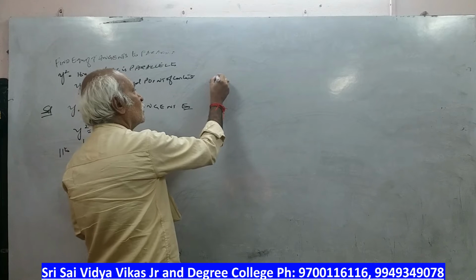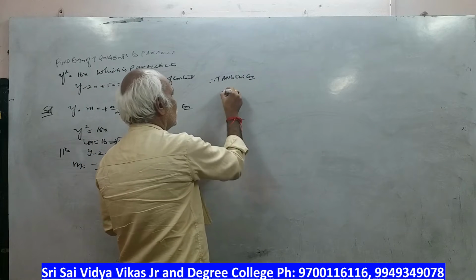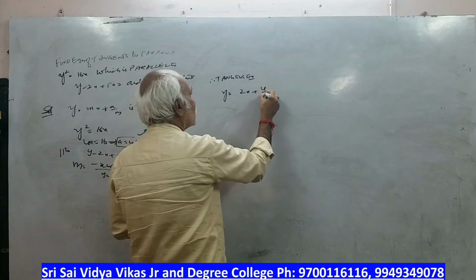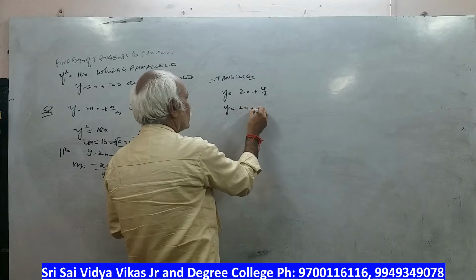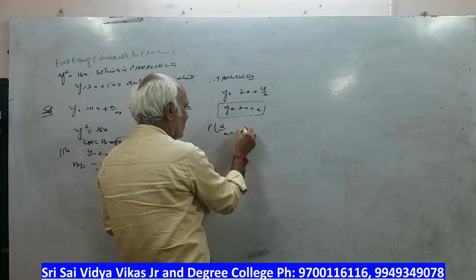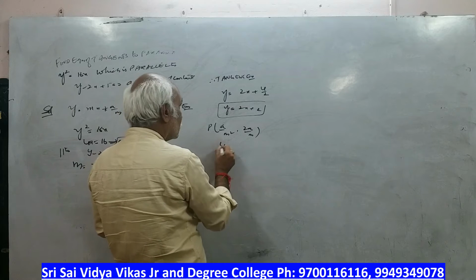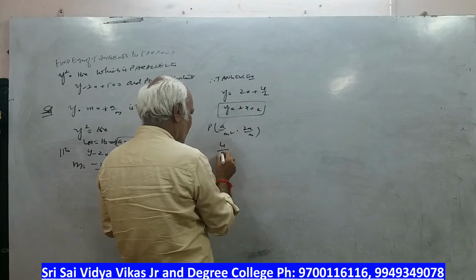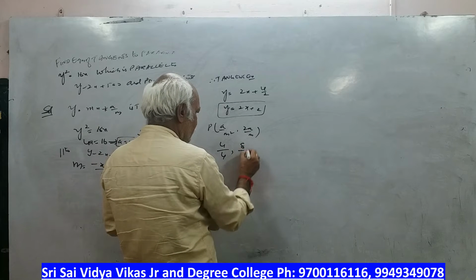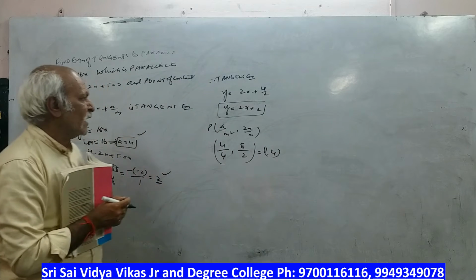Therefore, tangent equation y is equal to mx plus a by m, that is 2x plus a by m. So 4 by 2. So y is equal to 2x plus 2. Then point of contact a by m square comma 2a by m. So what's the a value? 4. By m value we got 2. 2 square is 4. M value we got 2. 2a means 8, 8 by 2. So what is the answer? 1 comma 4. So here we have to find the tangent equation.